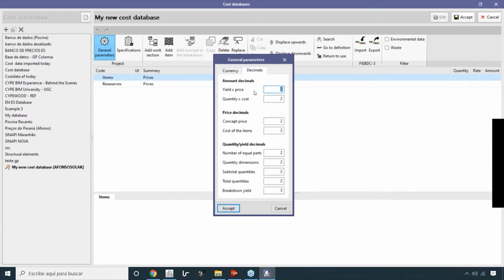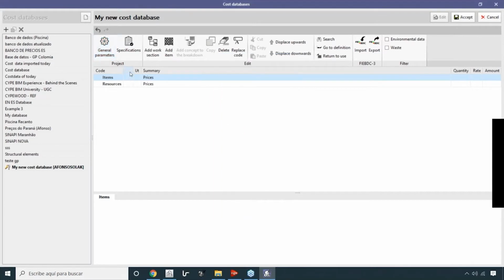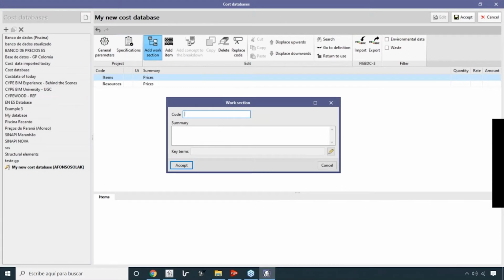Okay, how many decimals? Here we have different configurations to define the decimals of the precision of our numbers. Okay, so this is the first point. Then here, for example, we can create work sections. Let's suppose we have one first section that is foundations. Okay, we will add, for example, the code F for foundations, and this is going to